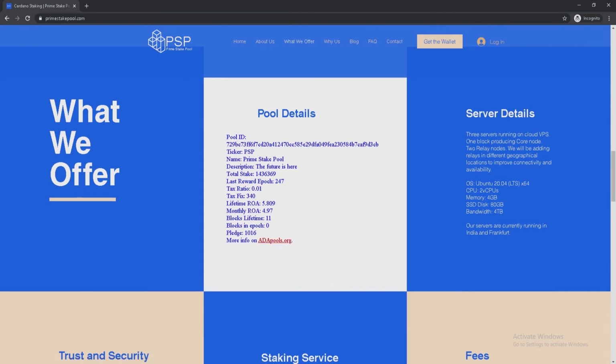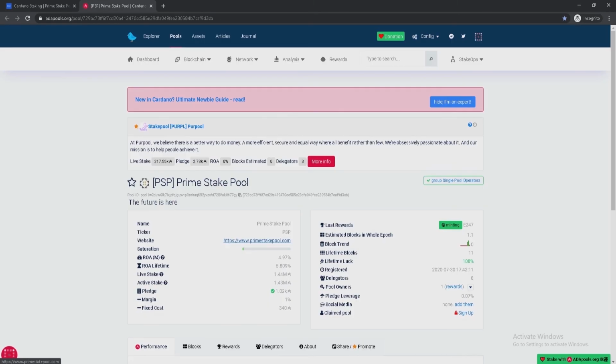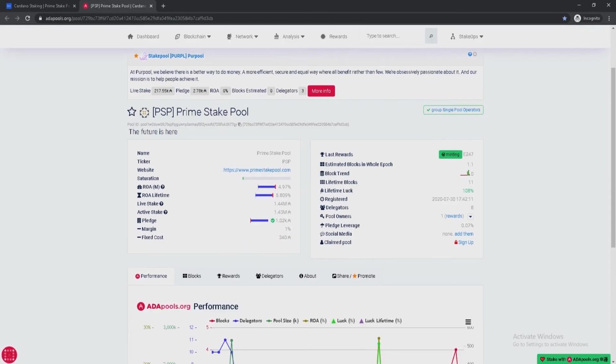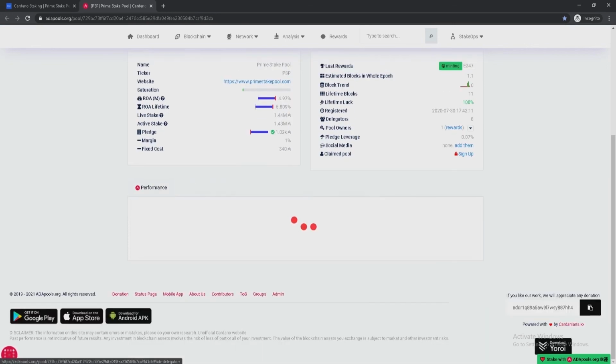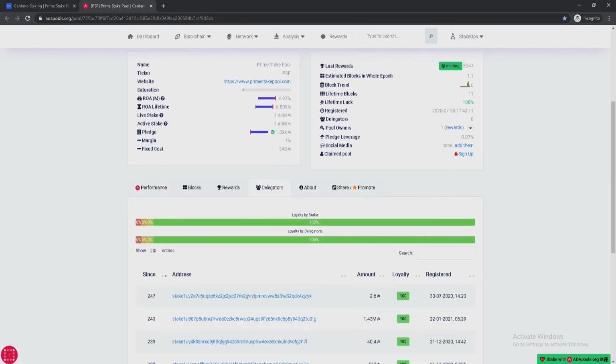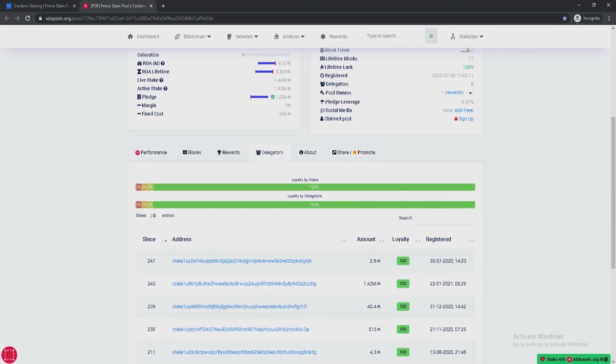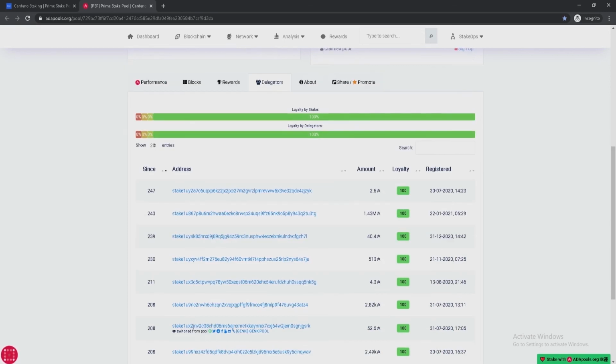So we click on the otherpools.org link and go to delegators. So you can see here 2.6 ADA has been delegated to the pool in epoch 247.